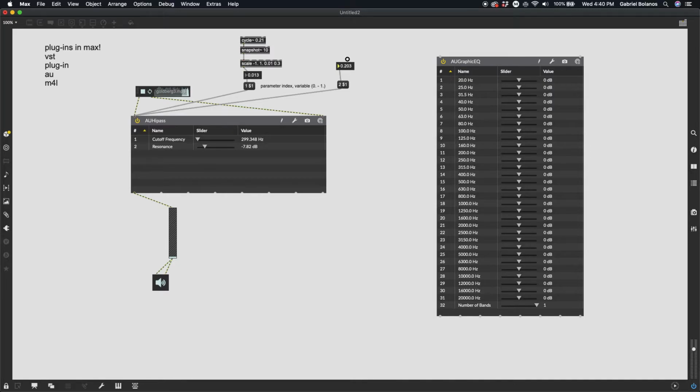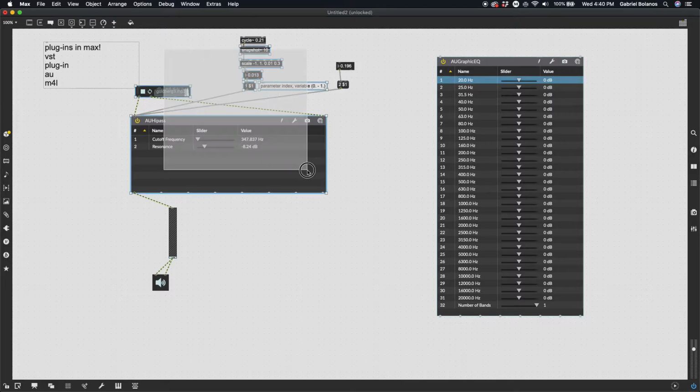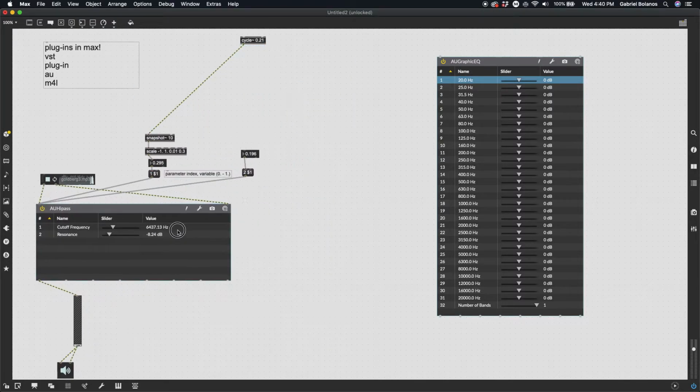Right? Same deal. Okay, as you can see, with more complex AU plugins, you have a lot more variables and a lot more functionality. So keep this in mind. AU plugins require the parameter index and a variable between 0 and 1. And I'm not demonstrating it with a microphone, of course, because we can get a lot of feedback. I'll just